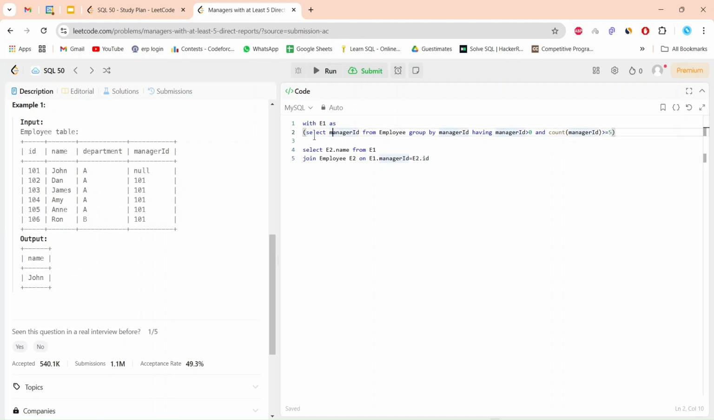What I have done here is I have created a common table expression E1. E1 is basically a new table which I have created. How is this table created? I have created this table from the employee table itself, from employee group by manager ID. So I have grouped all the manager IDs together, and